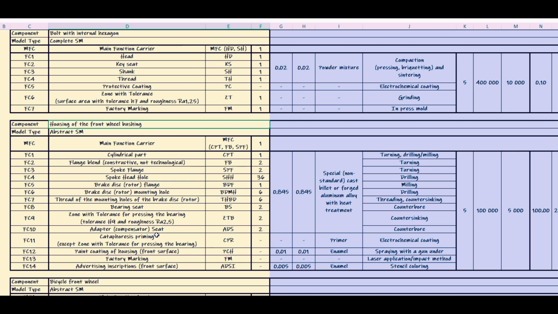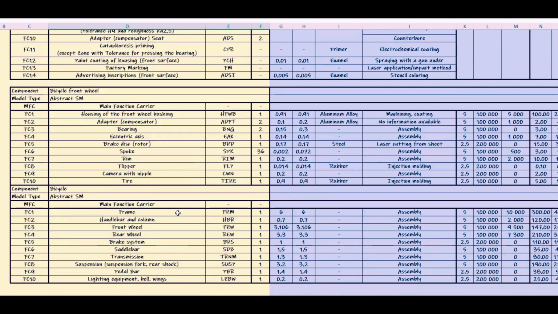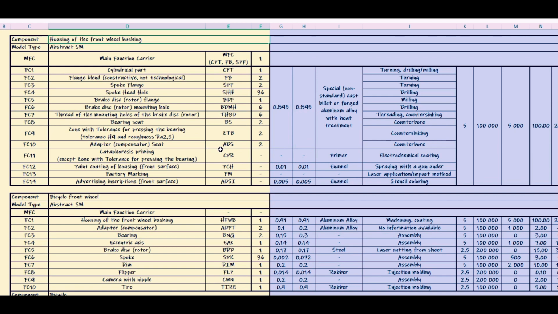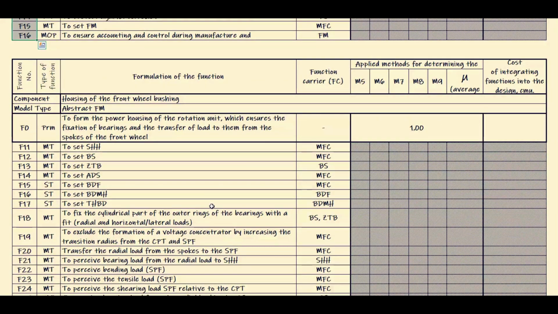In this regard, in order to limit the representation of the complete functional model of the bushing housing to one slide, we will consider a simplified model which is actually abstract, but in any case superior to the other two examples, front wheel and bicycle, in terms of the degree of detail of functional models. As part of Block 2 of the training course Cost Engineering, we will consider simpler components and designs for which a complete functional model will have no more than 20 positions, in order to avoid consideration of excessively cumbersome and not visual complete